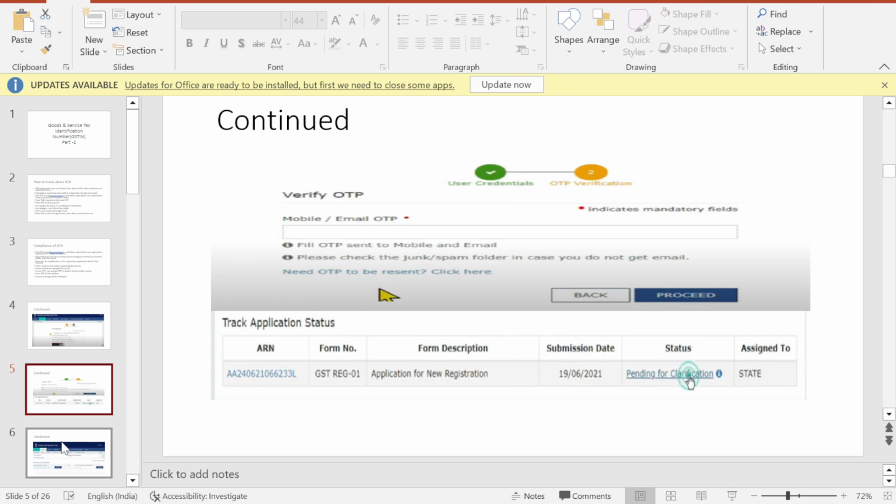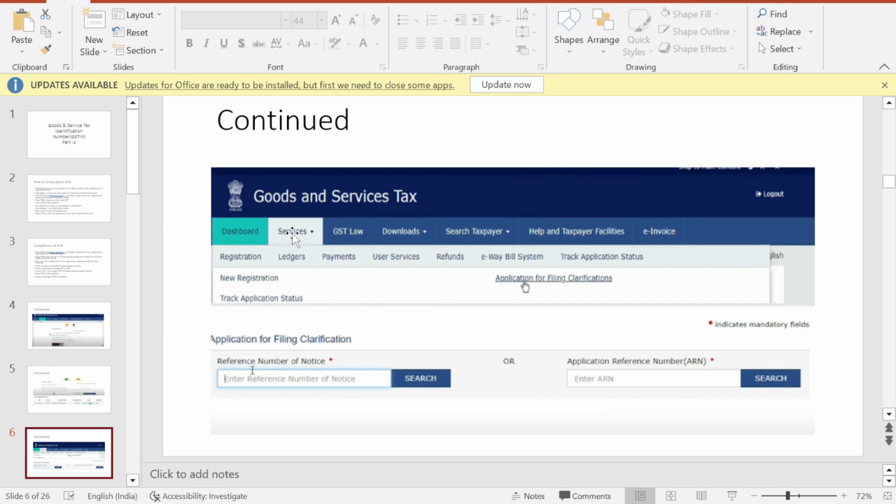Now how do we comply? Go on Services, then click Registration. You have three options: New Registration, Track Application Status, and Application for Filing Clarification. Click Application for Filing Clarification.